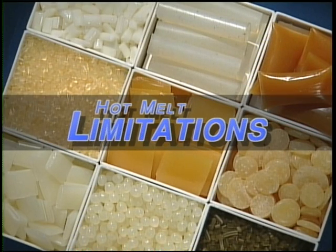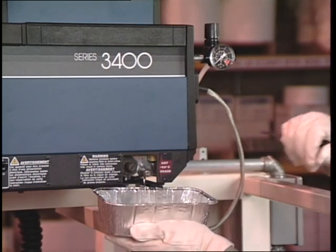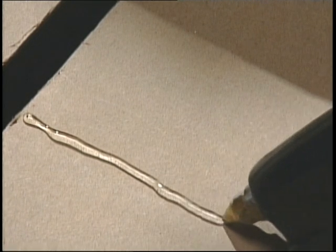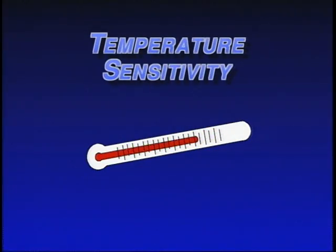While there are decided advantages to using hot melt adhesives, there are limitations which can be disadvantages for some applications. Hot melt equipment, while simple to operate, requires that the operators have training in maintenance and safety procedures. Hot melt adhesives have limited penetration properties, which in some applications can limit bond strength. Hot melts are temperature sensitive, and they may reactivate if the final product is subjected to temperatures above the softening point of the adhesive. In addition, some substrates may be sensitive to the hot melt application temperature at the time